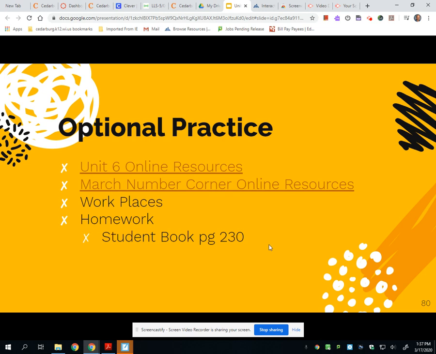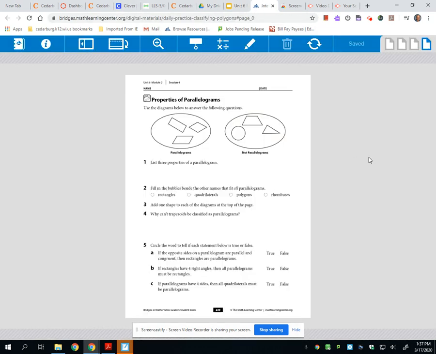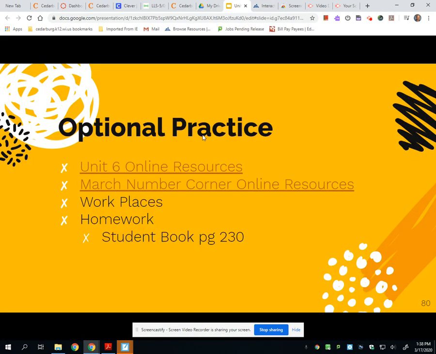The last bit of work you have is page 230 in your student book. Page 230 has you work with properties of parallelograms again. These are parallelograms. These are not parallelograms. And then go ahead and answer questions based on that. If you have any questions, feel free to give us a call or send us an email, and we'll get back to you as quickly as possible. The remaining time you can work on online resources, Prodigy, eSpark,